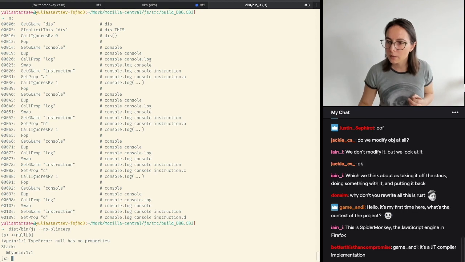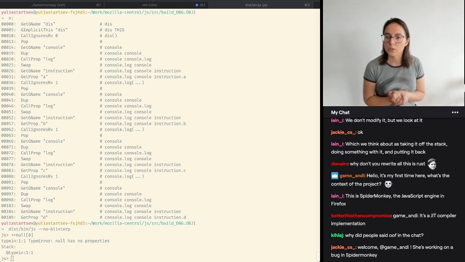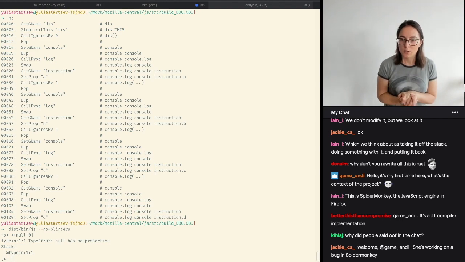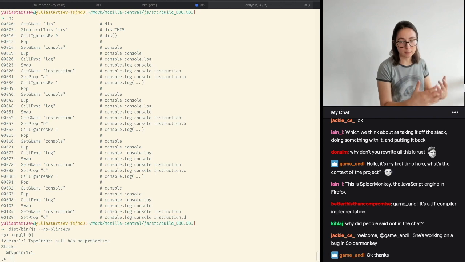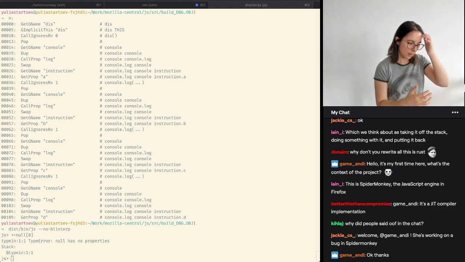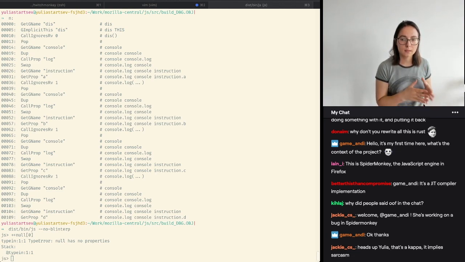There are a couple of questions coming up. Why don't we rewrite it all in Rust? First time. And Ian gave an answer there. Right. Okay, so why don't we rewrite it all in Rust? So there are parts of the code base that we are currently rewriting in Rust, but you have to imagine SpiderMonkey is very large, it's very complex, and when you choose to do a rewrite, you volunteer to not implement new features because while you're doing the rewrite, you're recreating the existing functionality of the system. And the other thing is SpiderMonkey right now is very modern, it's very fast, and it makes sense to,